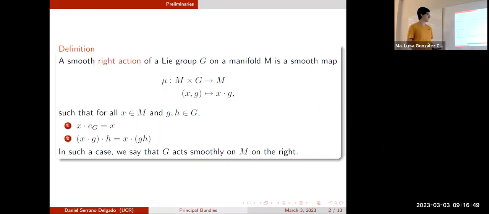First of all, for all elements x in our manifold M, and g and h in our Lie group G, we must have